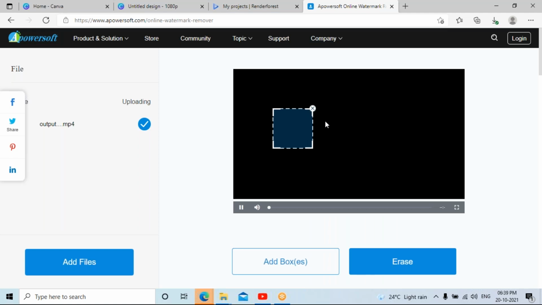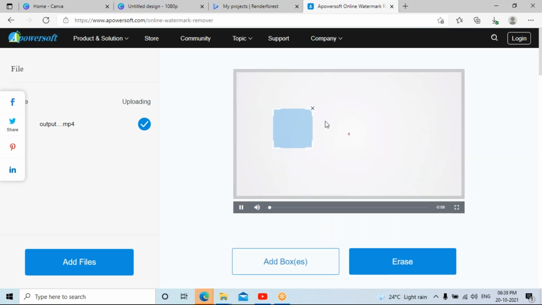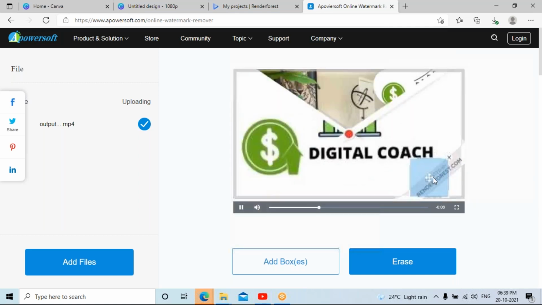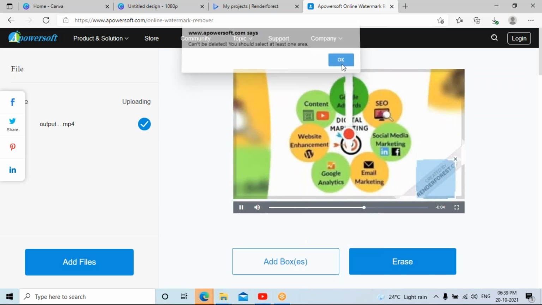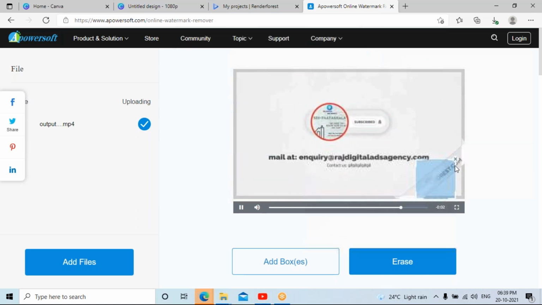Now you have to choose this mark. You can keep it exactly at the place where the watermark is, and you can remove the content.